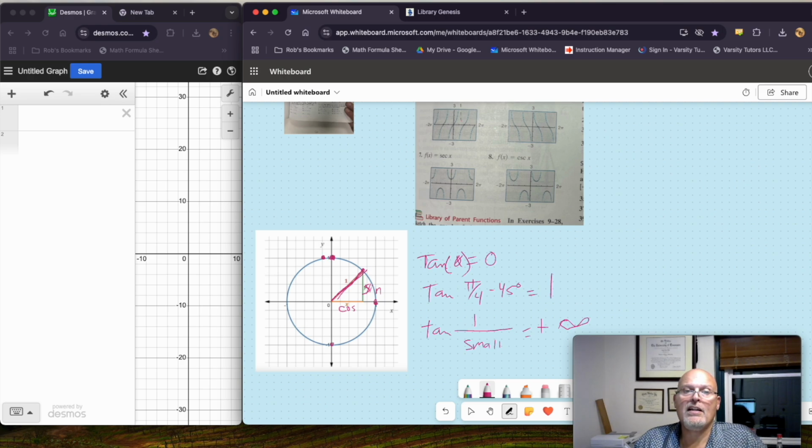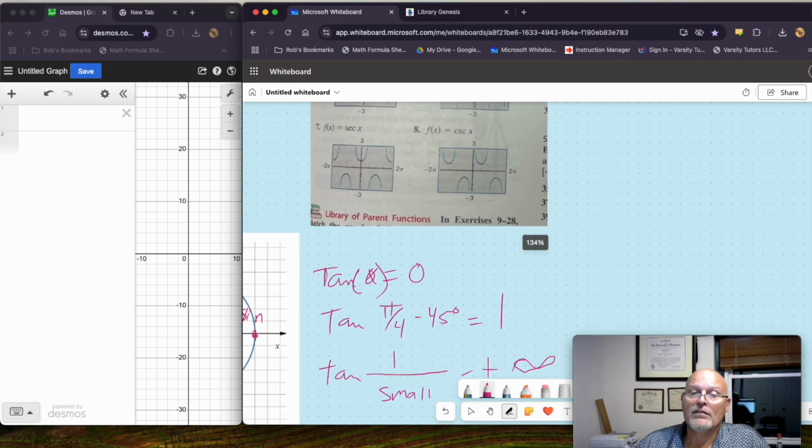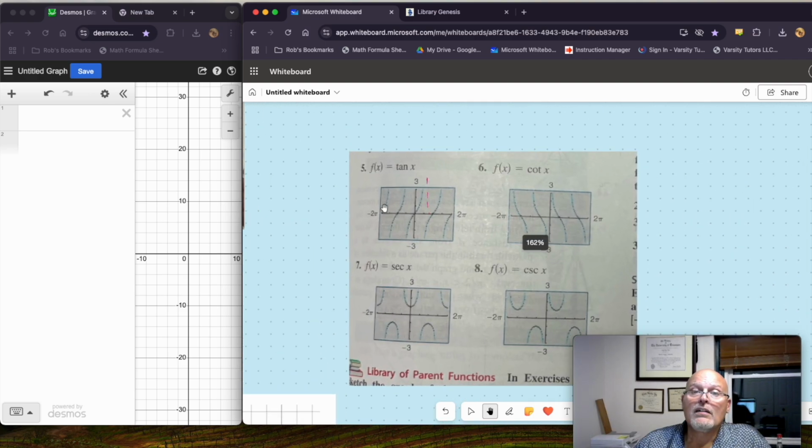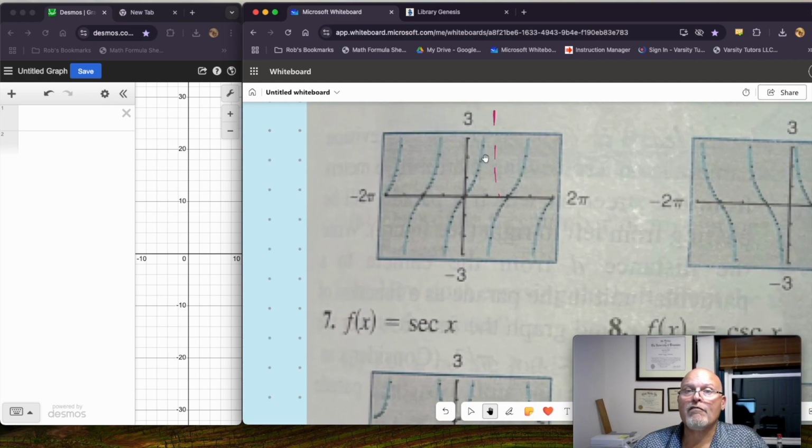As soon as I get into quadrant 2, I've reached this positive infinity, but now cosine is a negative very small number and sine stays about 1, so I'm going to bounce down to negative infinity. So each time this repeats, it starts at negative infinity, comes up through 0 at pi and 0,